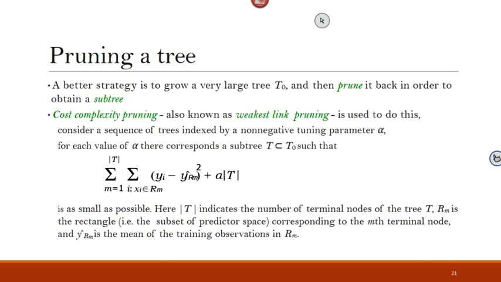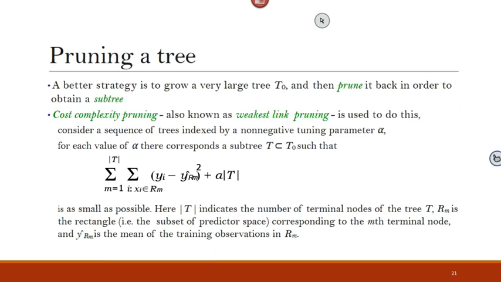Okay. So, think about it. You can think about it in a different way. Think about it as, okay, I'm going to grow a tree of size 2, the minimum will be 2, right? 2 nodes. And then try the size 3, 4, 5, 6, up to maybe 100. And then select the best one. It's kind of a similar way if you think about it. But we don't do it this way.